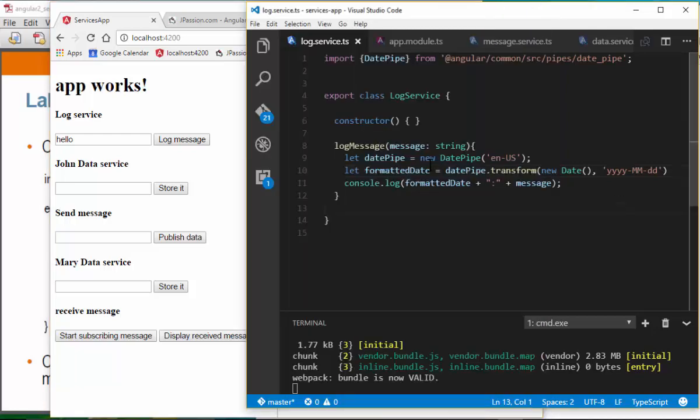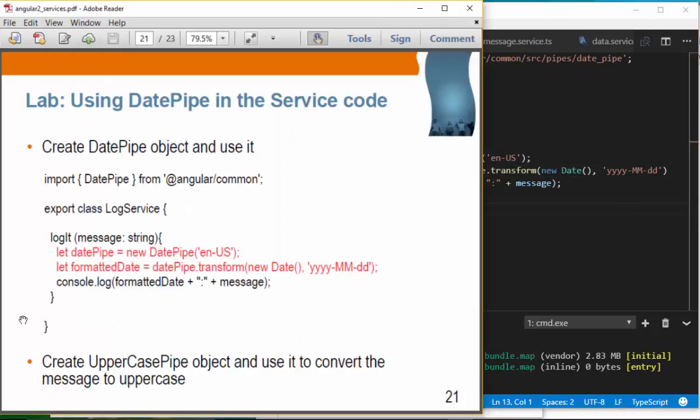All right, so for your own exercise, I want you to create the uppercase pipe object and use it to convert the message to uppercase. Basically I want you to convert this message into uppercase in your logging service method. Okay. All right, I'll give you about 5 minutes to finish it up, and then